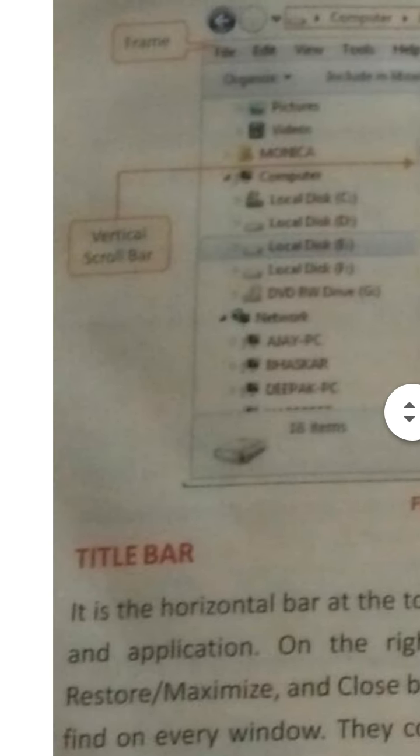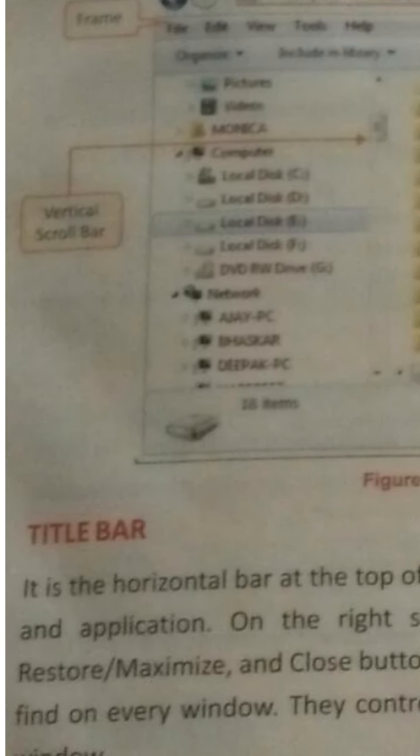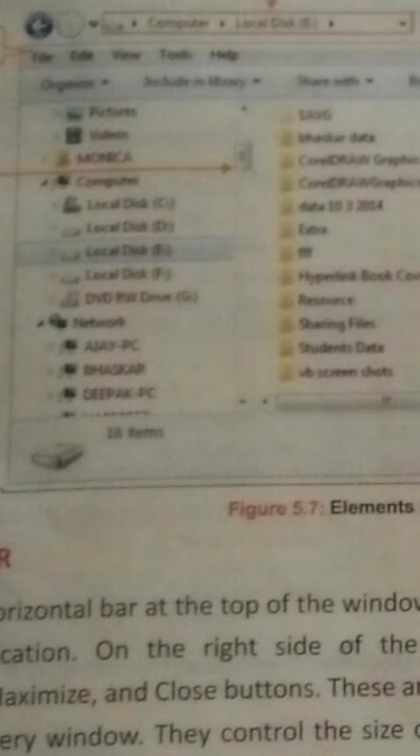Scroll bar. There are two types of scroll bar. Firstly, the vertical scroll bar. When there are two different panes under the window, the different boxes are called panes. As you are looking, on the left side one pane is here and these are the locations of the memories or the folders.